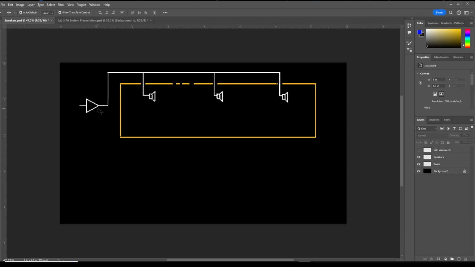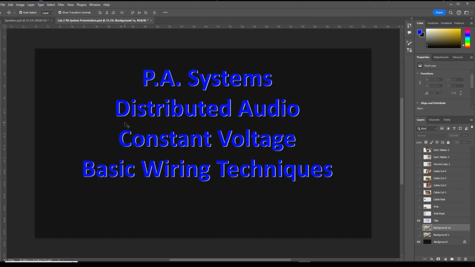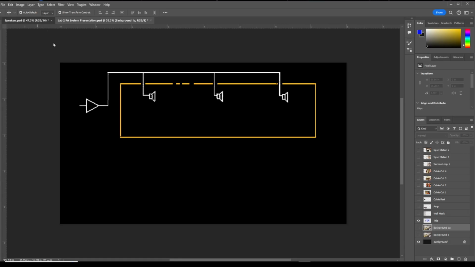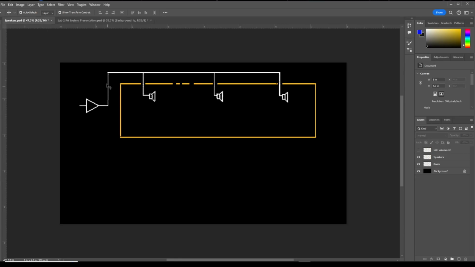out of which, because we're dealing with a distributed audio constant voltage system, the audio line is going to be run from the output of the amplifier through a step-up transformer. In some cases, the commercial PA system amplifiers have those transformers built in, and sometimes they need to be added externally. All right, so out of that transformer, which could be either 70 volts or 25 volts,